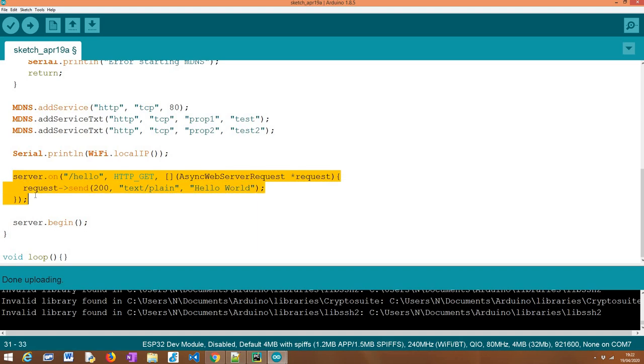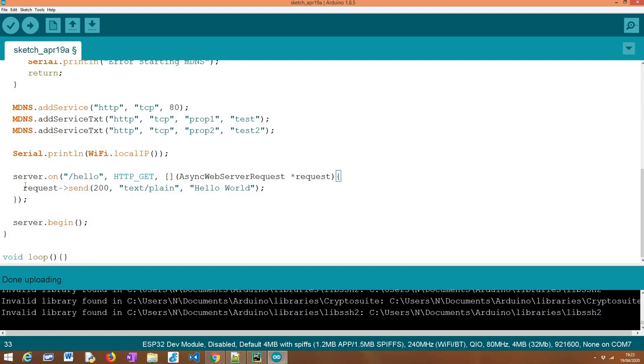After that, we just need to register a route. For our HTTP web server to expose at least one endpoint, it will be a route called /hello, and it will answer to HTTP GET requests. This function here is declared using C++ Lambda syntax. It will be triggered when the HTTP GET request is performed on this route.